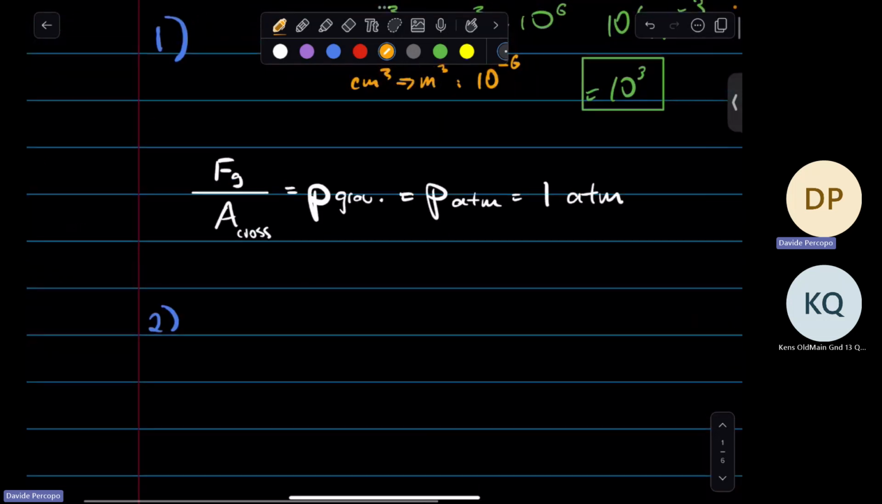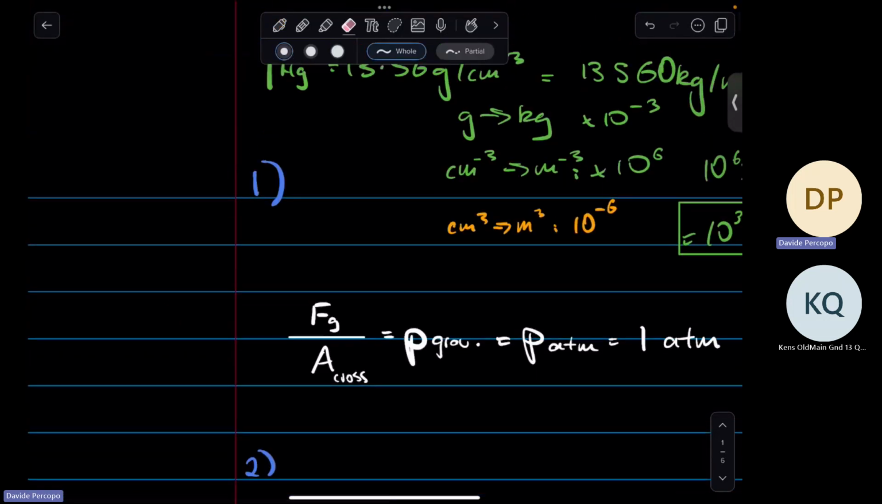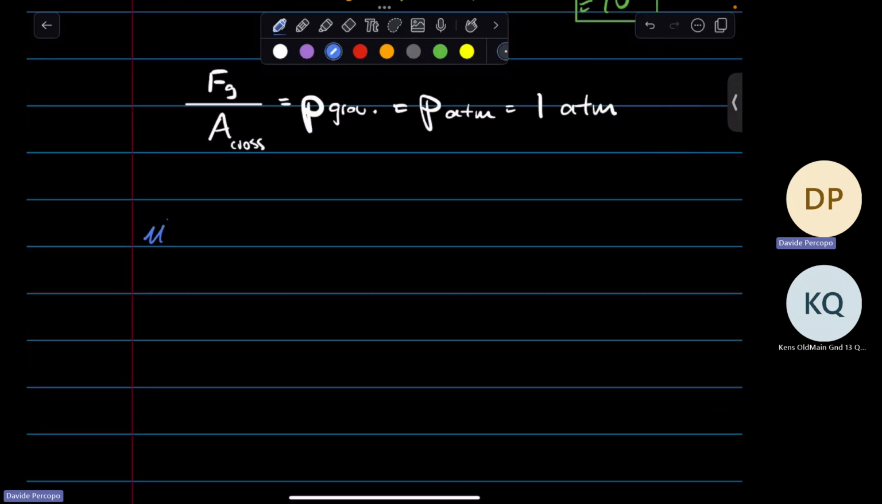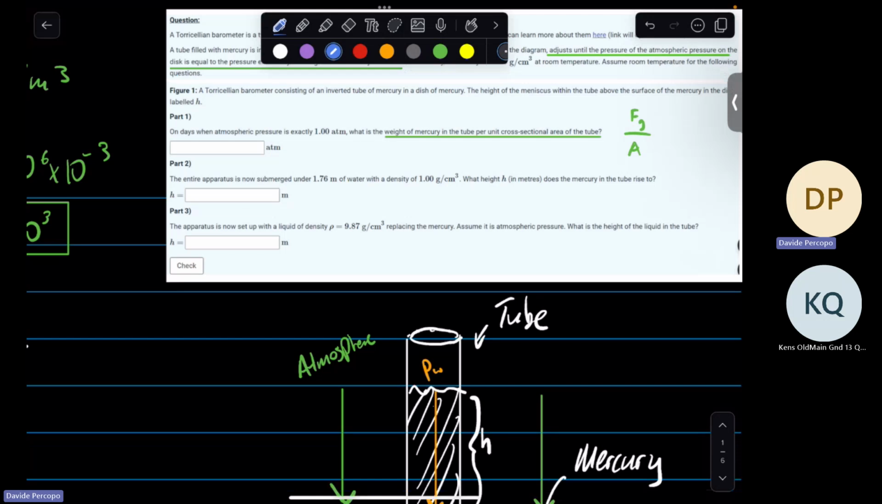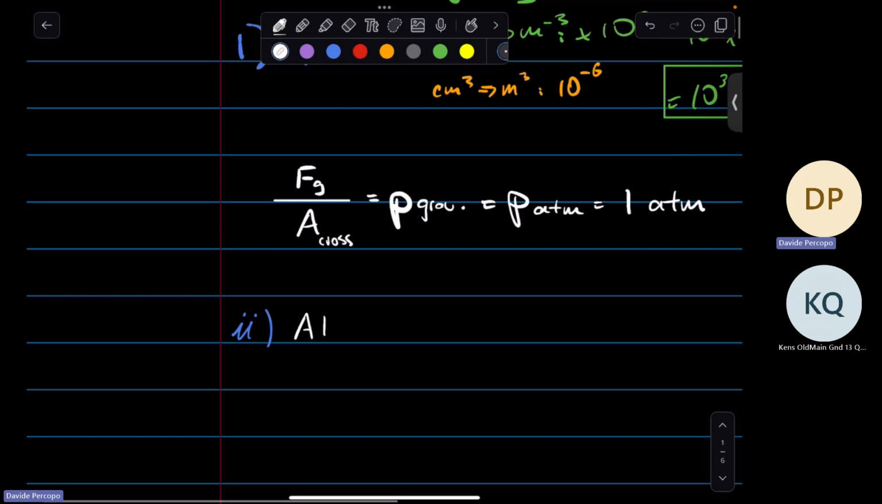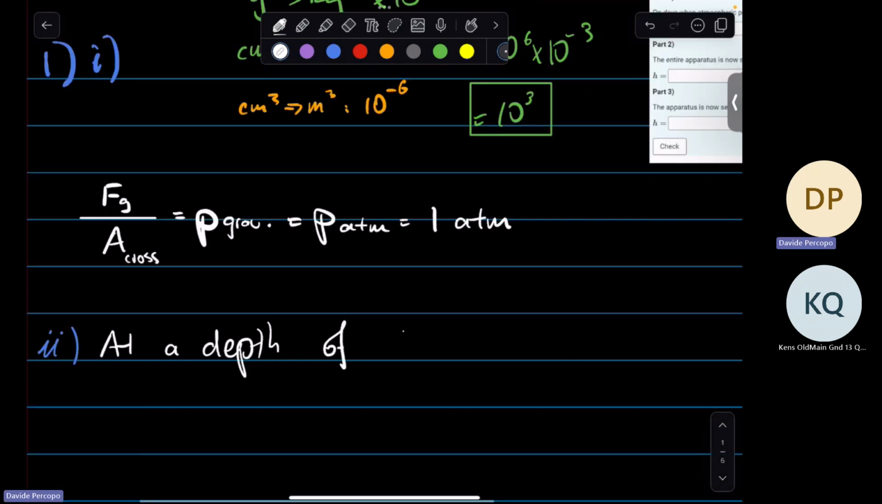All good with that part. Okay, so I'll do question 1, part 1 or 2. The entire apparatus is now submerged under 1.76 meters of water with this density. What height does the mercury rise to? Okay, now in this question, we can say at a depth of 1.76 meters,